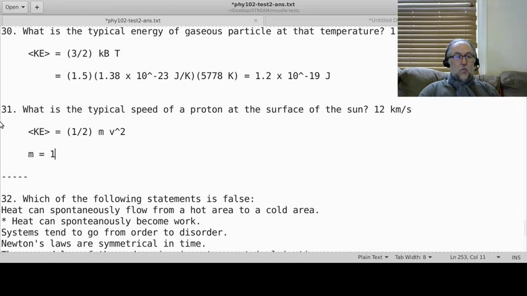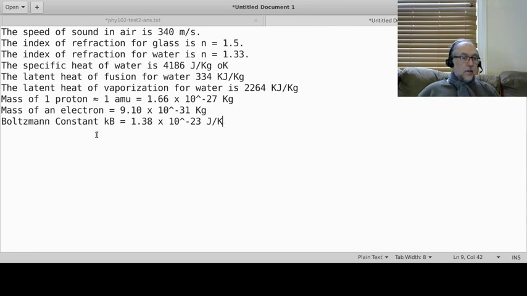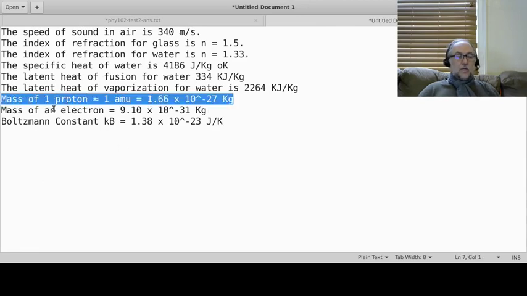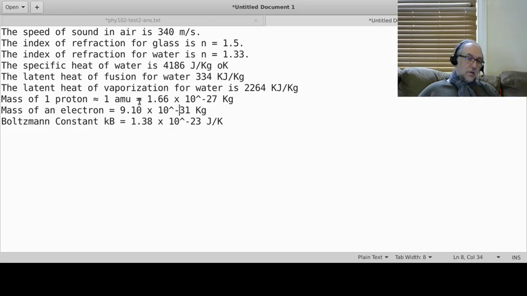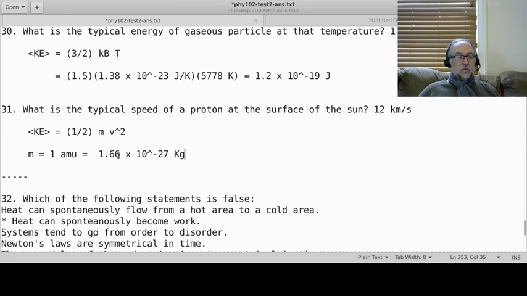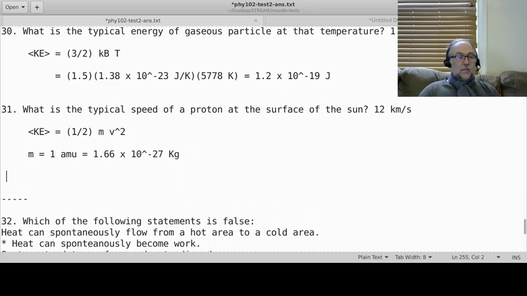You have M, but in the wrong units. You have M as 1 atomic mass unit. Now, if you didn't know that, if you take a look here, 1 proton is 1 atomic mass unit, and it's equal to 1.66 times 10 to the minus 27 kilograms. So all you had to do was just look up the mass of a single proton, and I guess that's probably why I chose a proton. I just said, let's just do a proton, so that you just use the number 1.66 times 10 to the minus 27 directly. Okay, let's substitute in for the kinetic energy here. I'm going to substitute in that number,